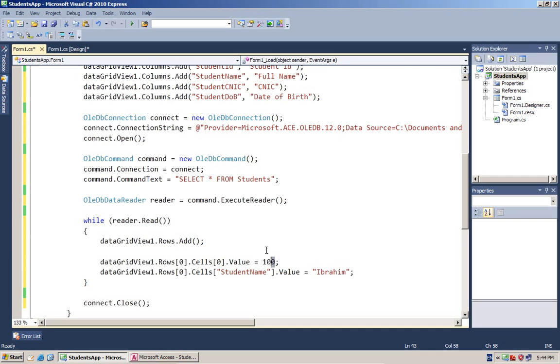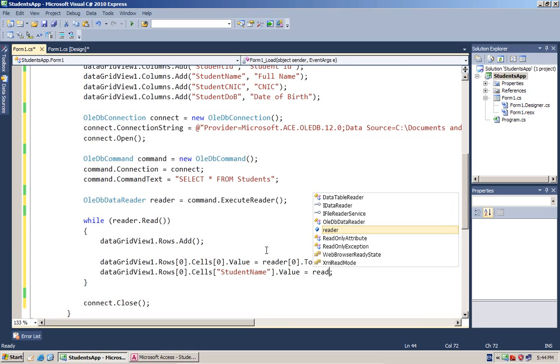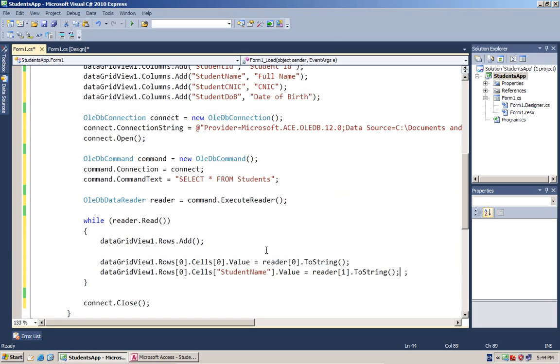So what we will do is reader 0 toString, reader 1 toString. The rest is just copy paste.